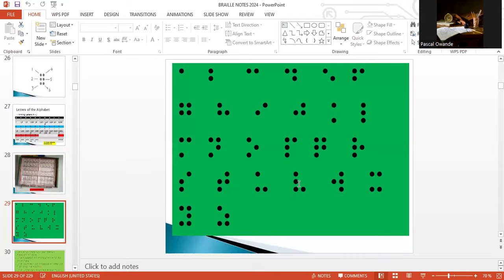Followed by letter V, dot 1, dot 2, dot 3, dot 6, followed by letter W, which is dot 2, dot 4, dot 5, dot 6, followed by letter X,